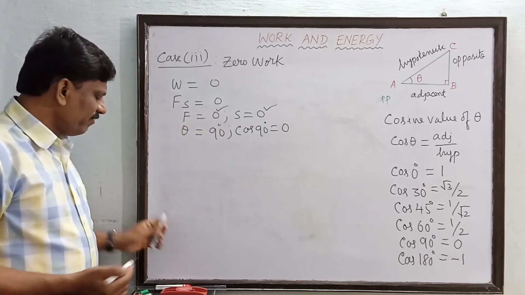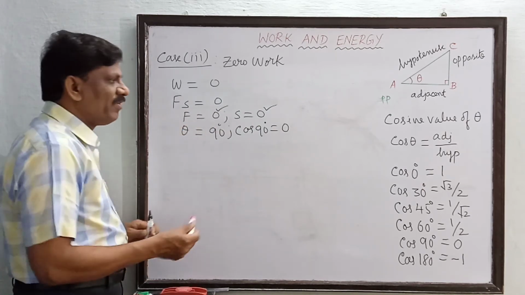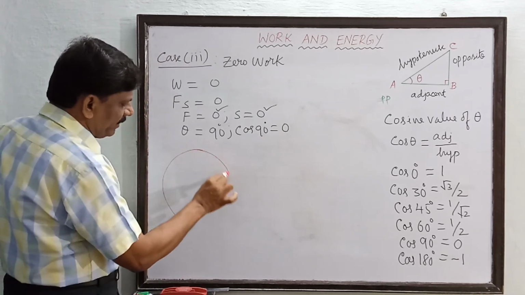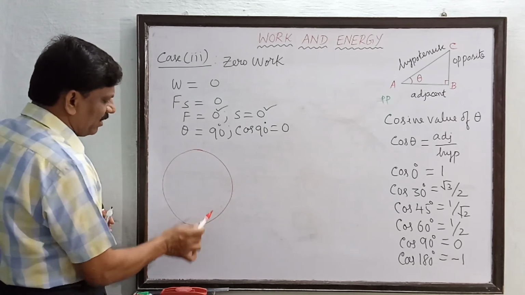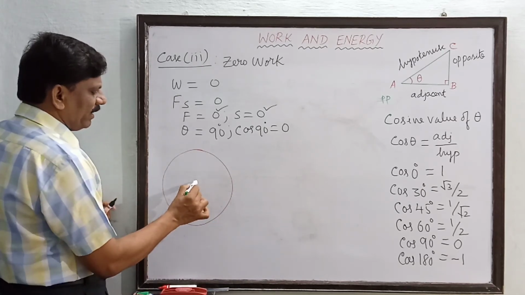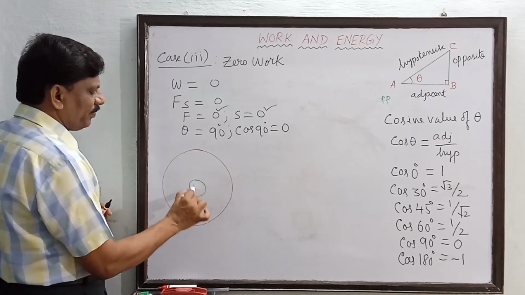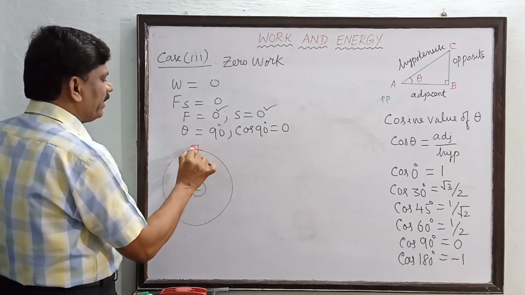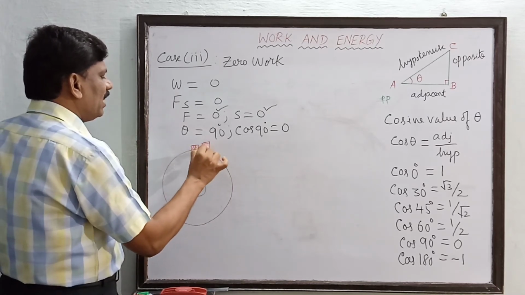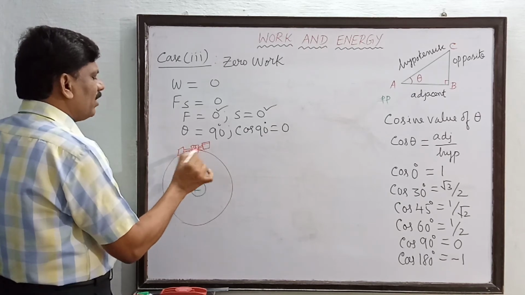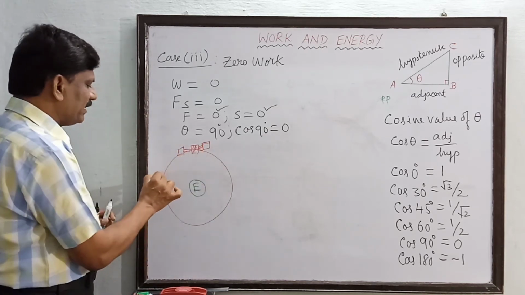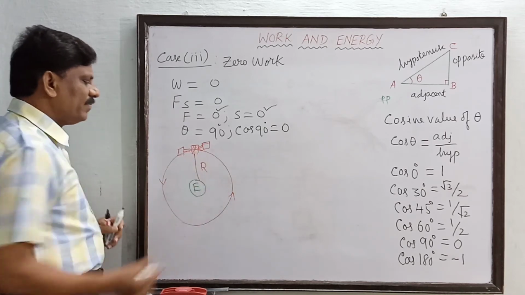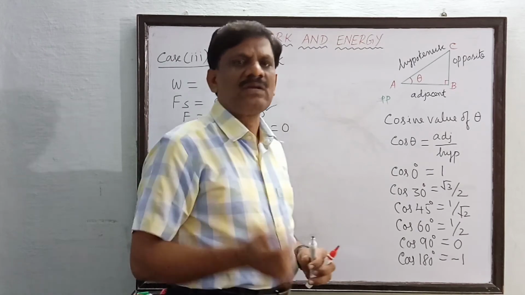Now in uniform circular motion, we have studied uniform circular motion. In uniform circular motion, a particle or a body is moving along the circumference of a circle. Now let us consider that this is our earth. Surrounding this earth, some artificial satellite is revolving around the earth in a circular orbit like this. So this is the radius. So in uniform circular motion,